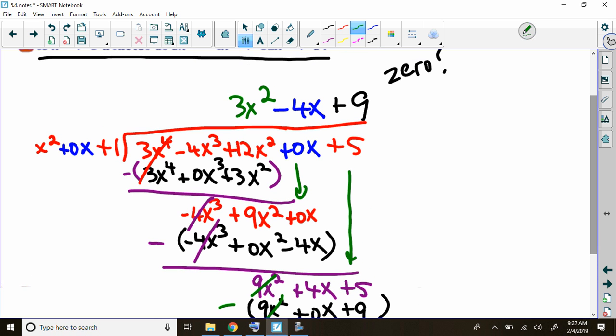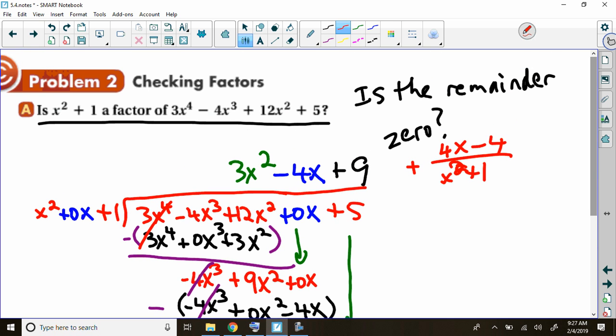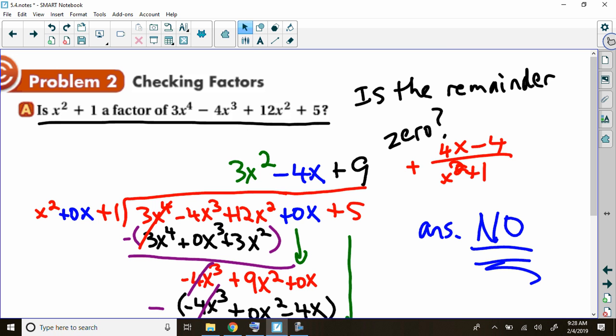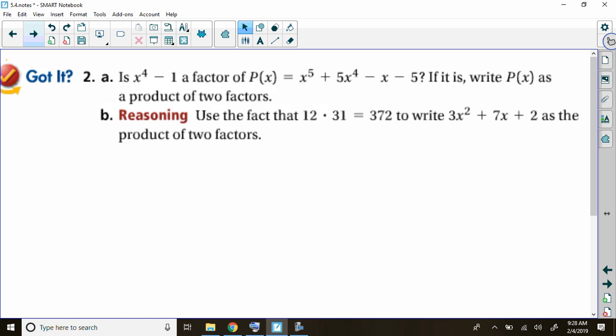So collectively, our answer is this plus the remainder, 4x minus 4, over x squared plus 1. But the question originally said, is that a factor of it? In other words, is the remainder 0? Well, is our remainder 0? No. So we did all that work just to be able to say that the answer is no, because the remainder is not 0. I hope that you have a general idea of how to divide polynomials now. I hope it makes a little bit of sense, and that you might be able to handle one like